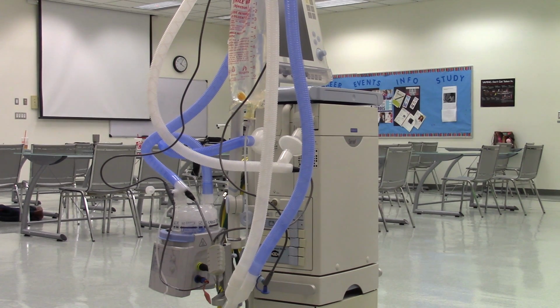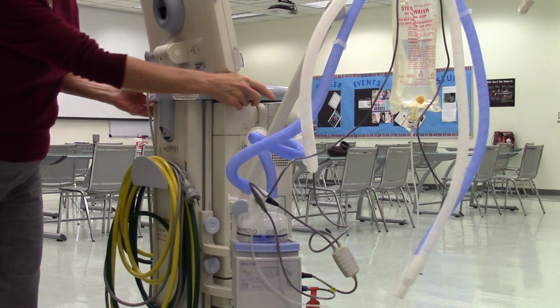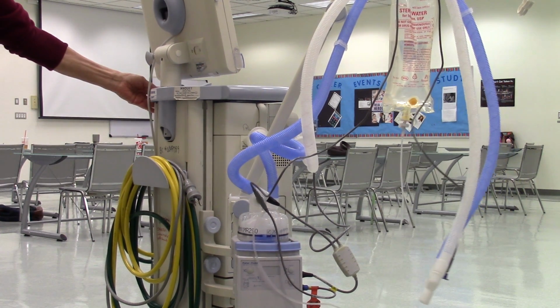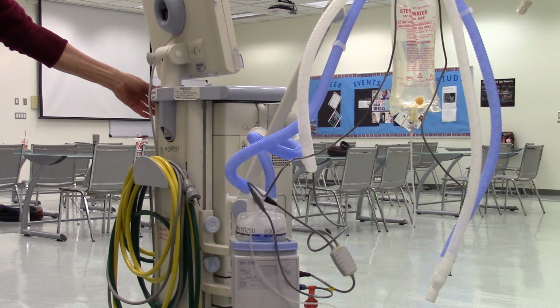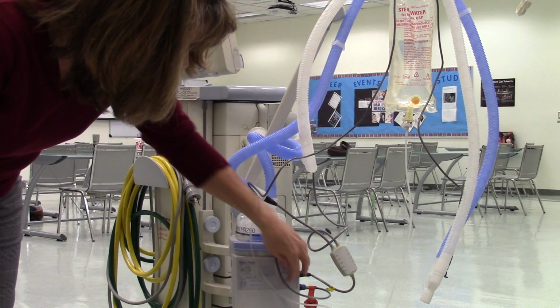It says turn on the humidifier. On the front panel of the humidifier, select the invasive mode. The invasive mode is used with patients that have bypassed upper airway with either an endotracheal tube or a tracheostomy tube. All right, so to turn it on, and power it on,